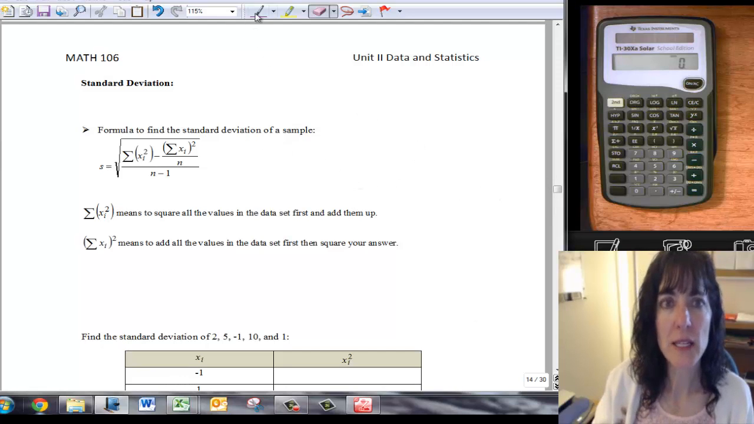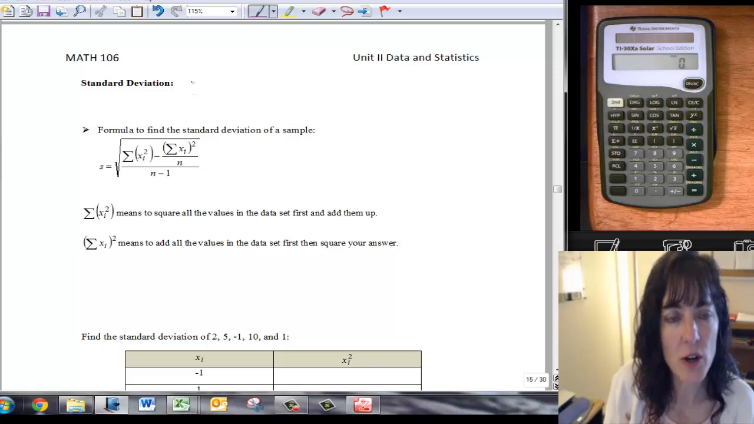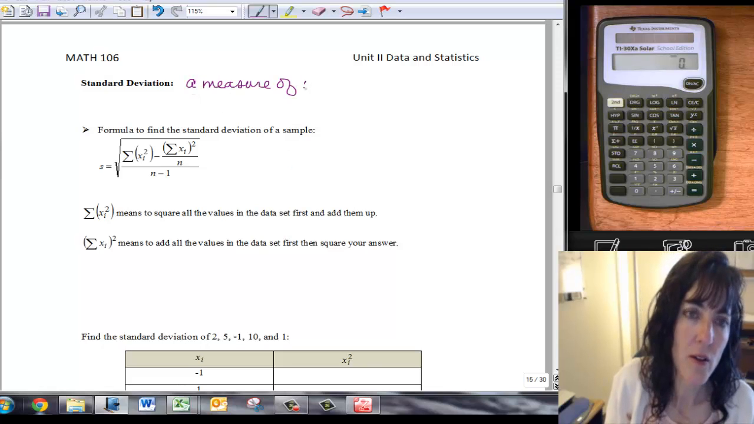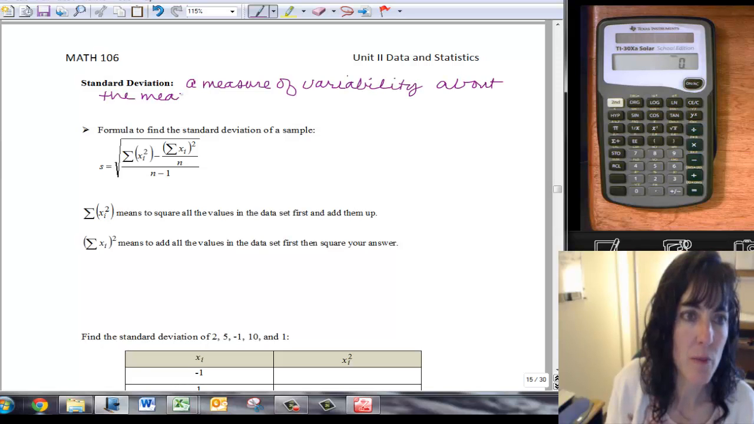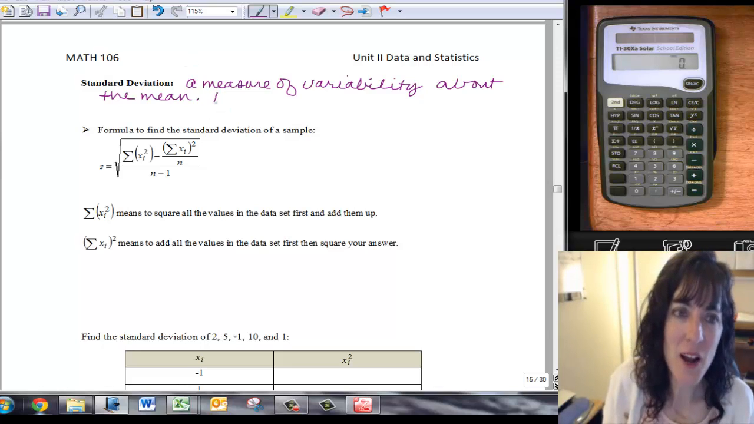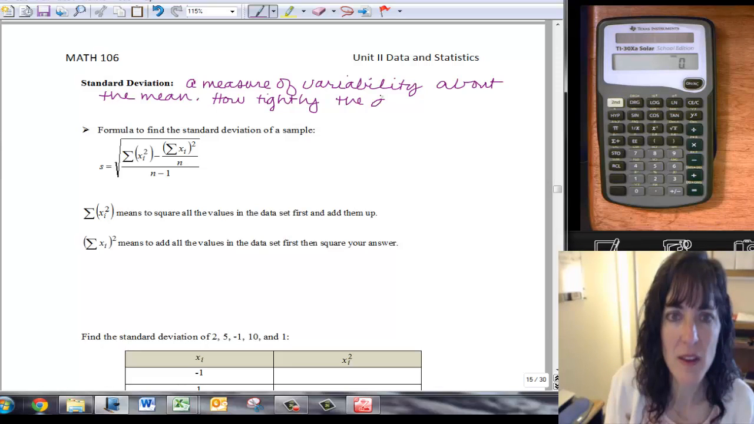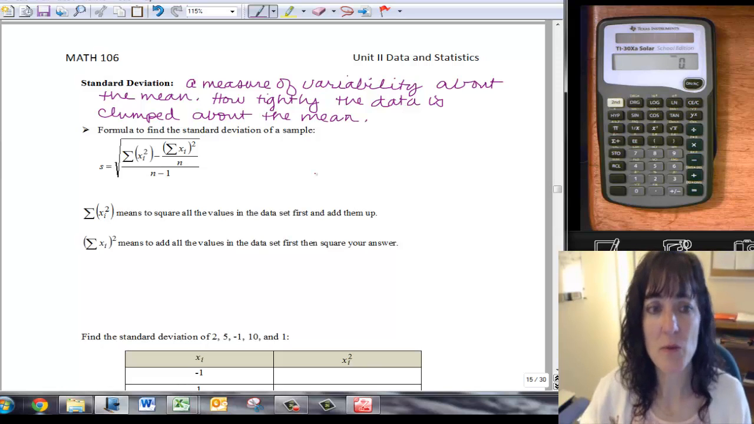Let's take a look at standard deviations. Standard deviations are a measure of variability about the mean. In layman's terms, we would say it's how tightly the data is clumped about the mean. Okay, and so we have some formula that we can use to find this measure of how tightly our data